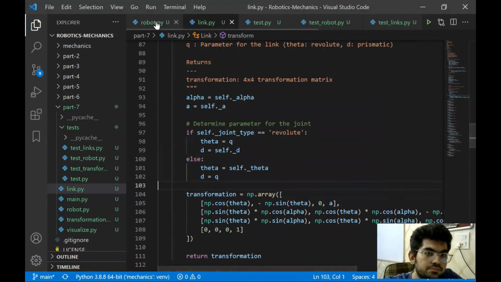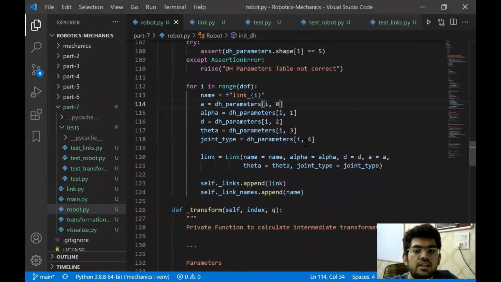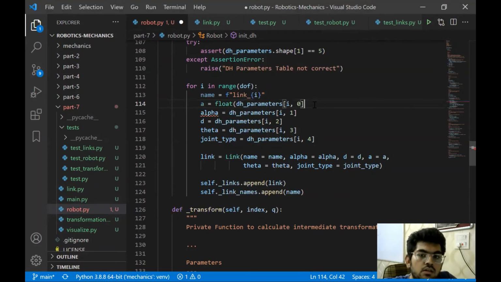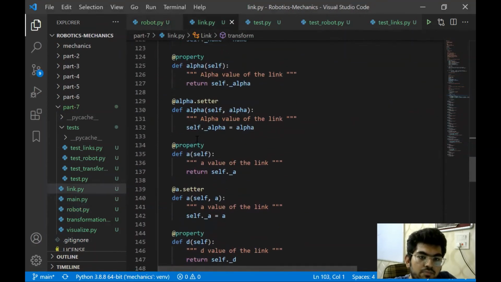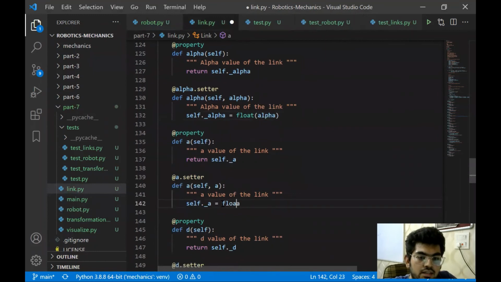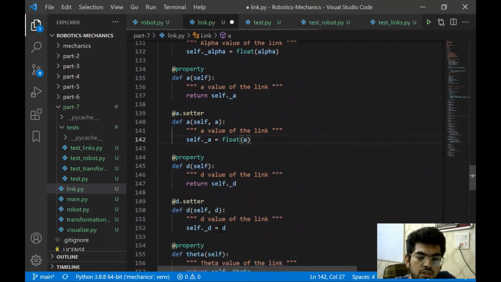While we initialize the robot using the DH parameters, we can just assign them as float. Or better than that, in the link, when we are setting these properties, we can actually assign them as float. That way, if we pass a string anyway, this will also be okay.